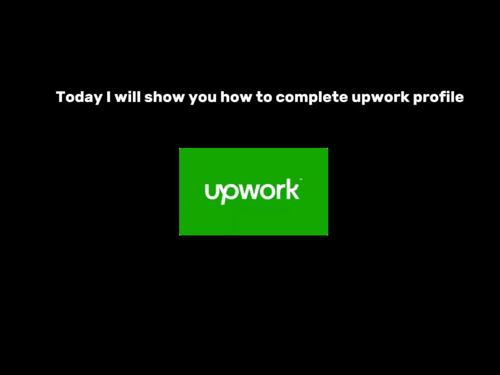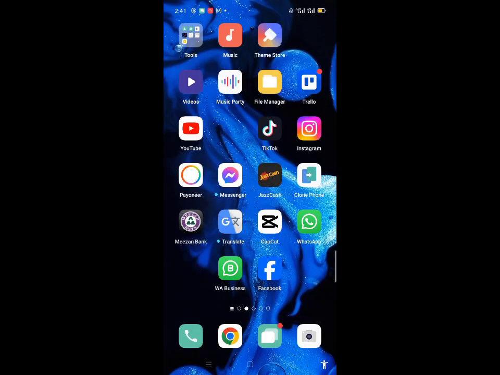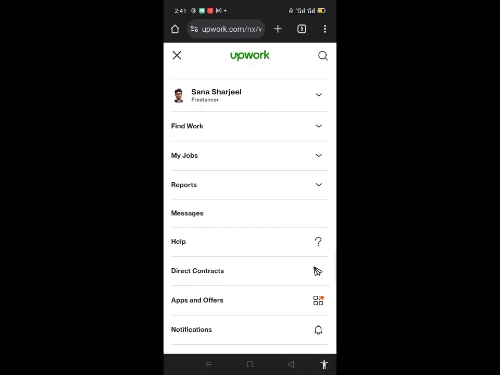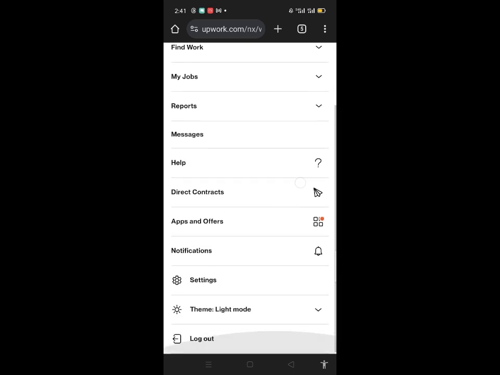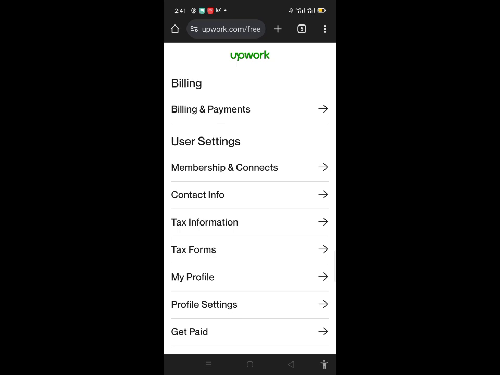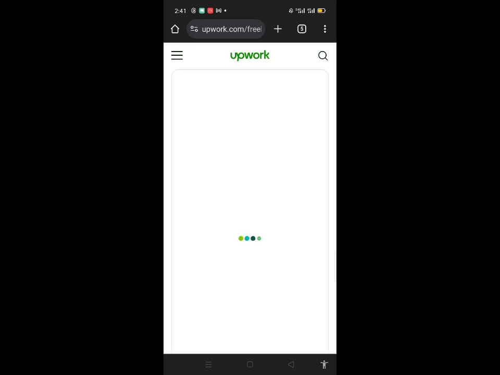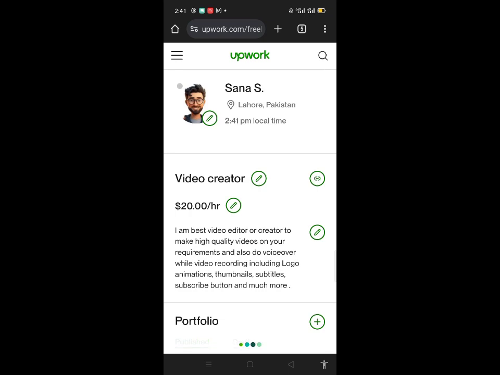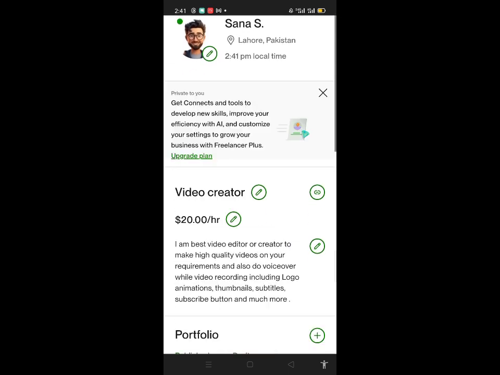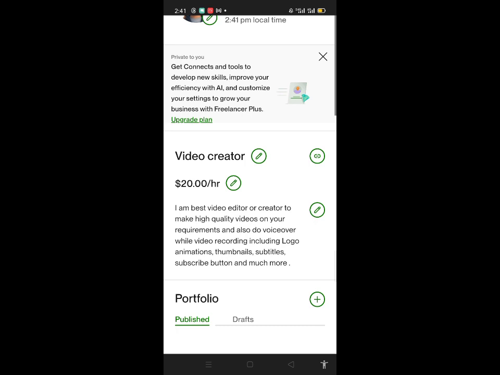Today I will show you how to complete your Upwork profile. So here you can open the browser and you will have to just go to the settings and you can see there is my profile. So you can open it and here you can complete all the